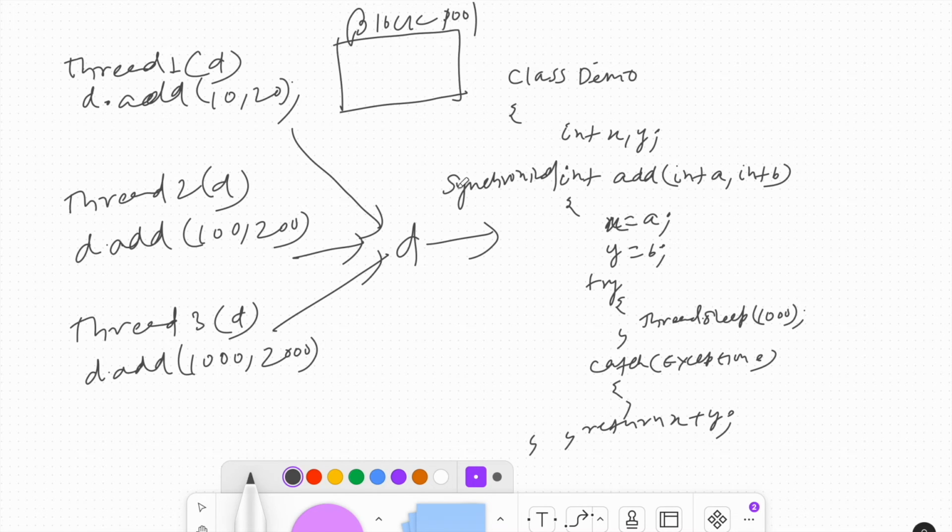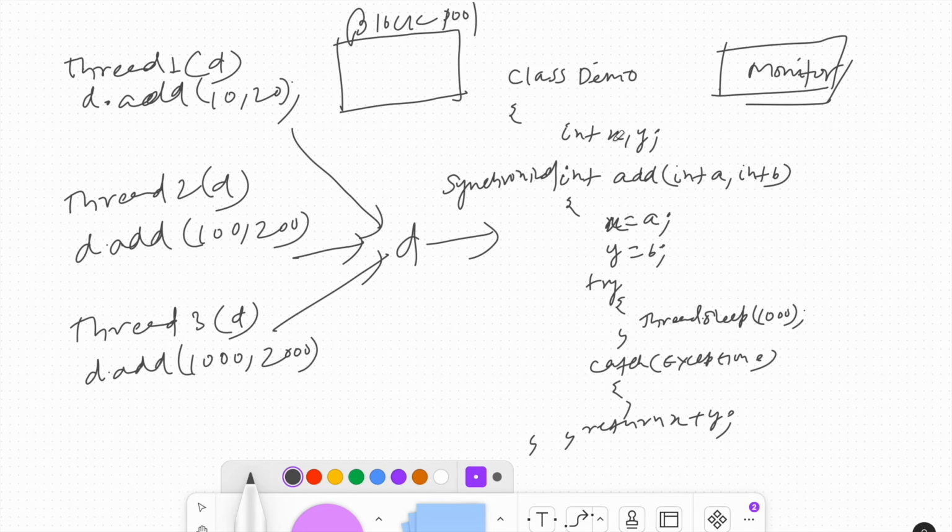To make a method synchronized, you have to add the keyword synchronized before the method definition. To overcome this situation and to execute these methods in a synchronized way, they made a rule. First, they told us to make the method synchronized, and they told us every object in Java has an implicit lock in it, which is called the monitor. So every object in Java has an implicit lock that is already there, provided by the JVM.